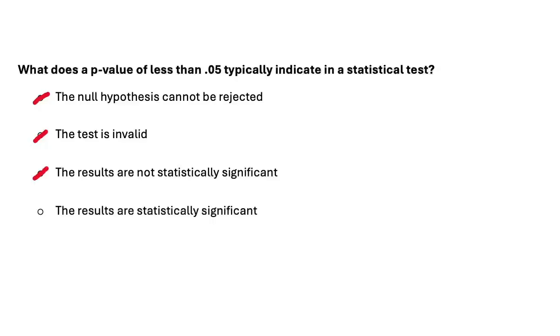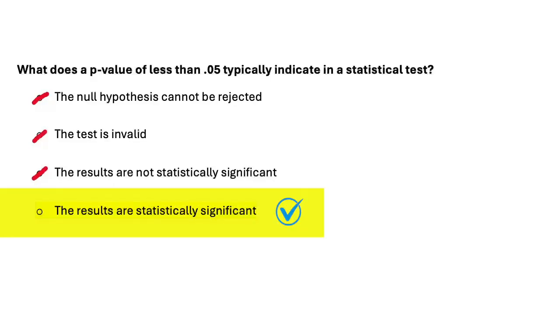We can also eliminate the option that says the results are not statistically significant. This again contradicts what a p-value less than 0.05 means. A p-value smaller than 0.05 is the conventional benchmark for saying results are statistically significant. That means the correct understanding is that a p-value of less than 0.05 means the results are, in fact, statistically